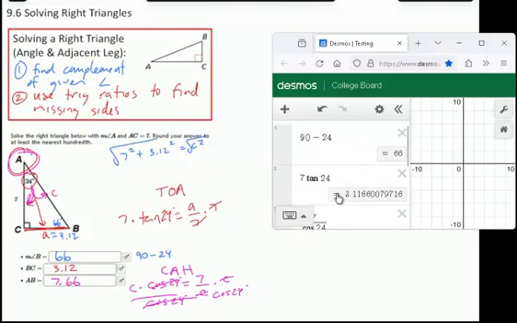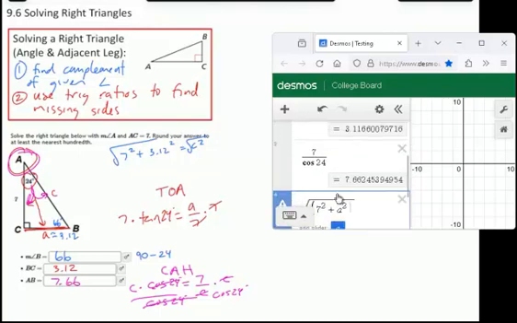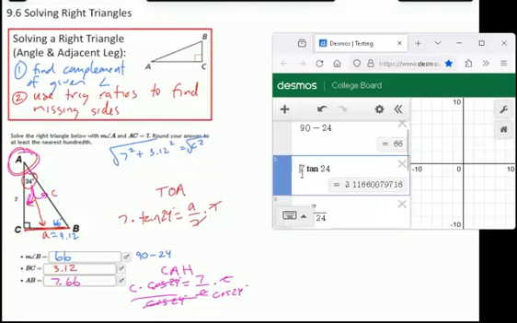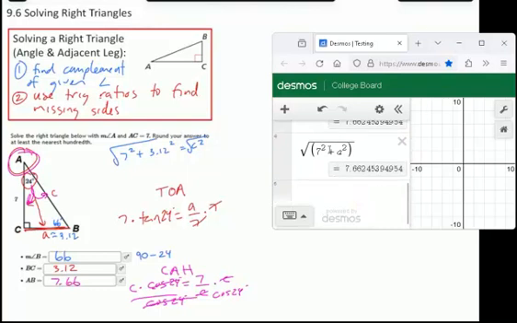So I need to go back up for this number right here, and I need to say a is equal to this calculated value. Once I do that, I can then use that a in my calculation, and notice I get the same thing, right? 7.66. So if you are going to use Pythagorean theorem for that, you just need to assign the value